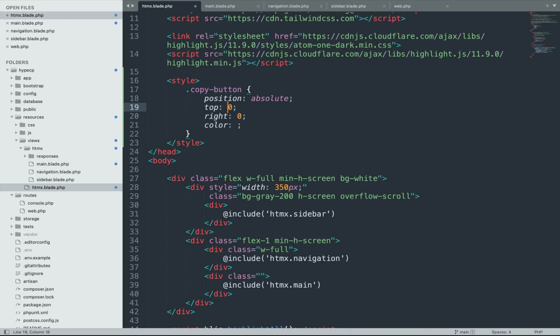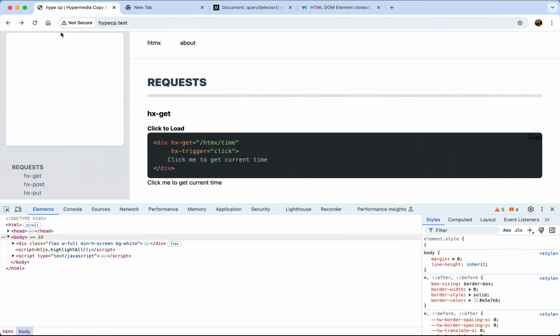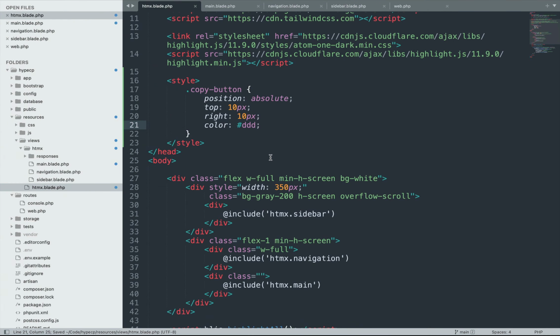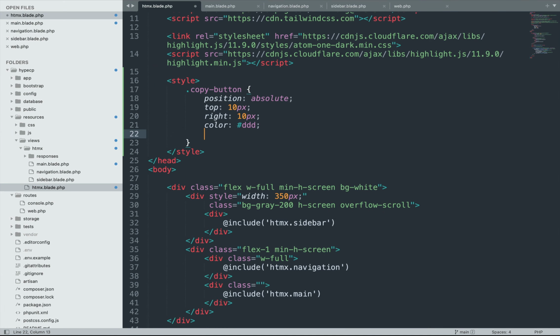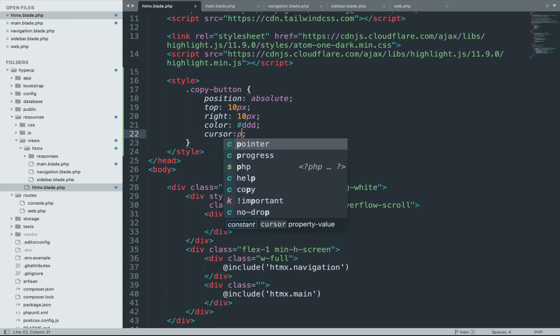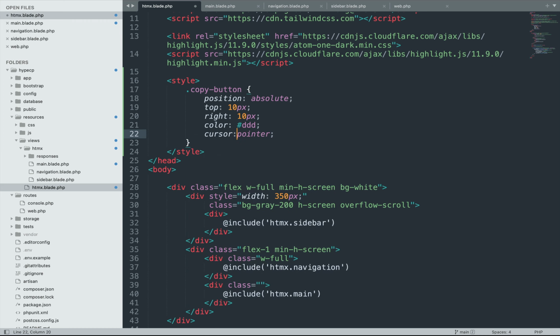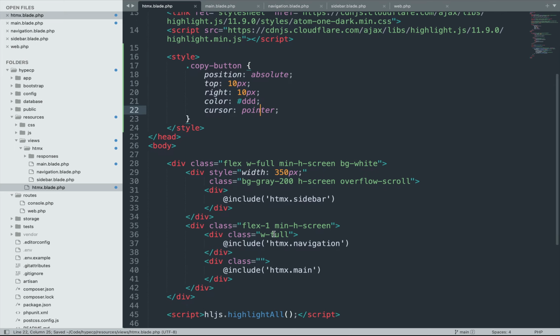Let's give it a little bit of space, and we'll give it a color of, I don't know, DDD. How's that look? Refresh. Okay, that's the right idea. We can mess with it as we need to. Let's make it clear that this is something that we can click, cursor pointer,